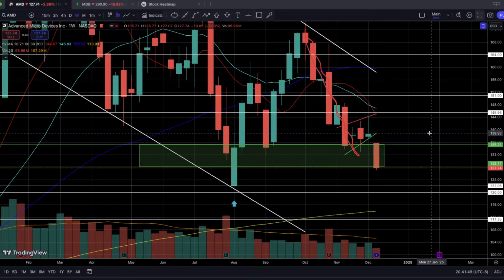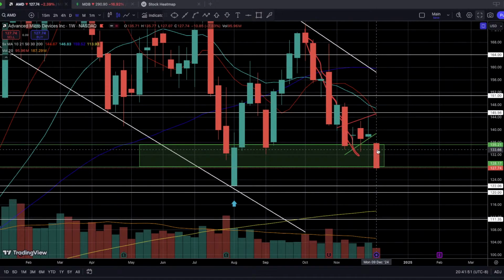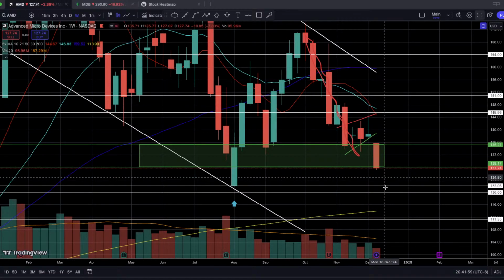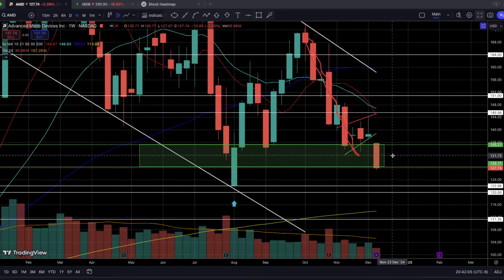But again, this is a good breakout, right? And the volume is already big. We're just 2 days into the trading week, so there's a good chance that we can continue to see a move lower until we hit 122 or even 120. But just focus on the fact that there's still a very good possibility that for the rest of the week we just continue to mingle around this 127 to 120 area, kind of testing the waters here before it decides to continue to go lower, and that would be great again. Why? Because the weekly 10 SMA does have to catch up at some point, because it's going to be a bit too overextended from the price.